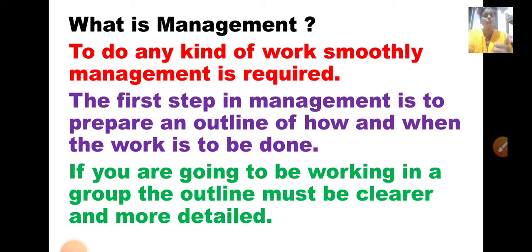So first you will set a time that from this to this time I will do this subject. Like suppose from 1 o'clock to 2 o'clock I will complete 2 subjects in 1 hour. Then from 2 o'clock to 3 o'clock I will complete another 2 subjects. So like that you will first set your mind for a particular thing. So that is managing. So what you are doing now, you are managing. You have started planning things out, how to do the work and complete it on time. So yes, children, that is management.